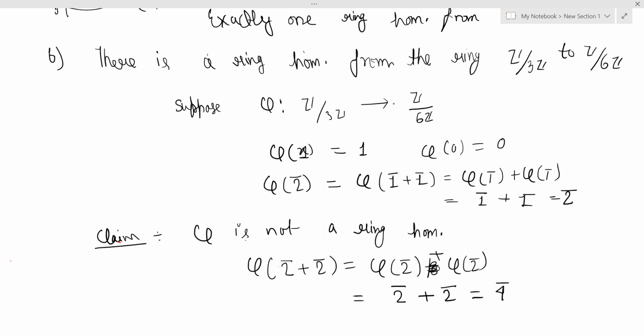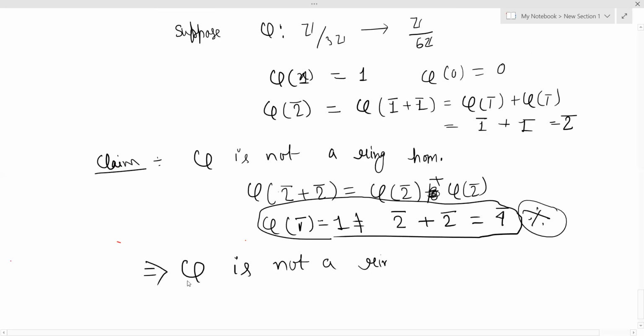And this is phi of 1 bar, so this is 1. But 1 does not equal 4. So it is not a ring homomorphism. This implies there does not exist any ring homomorphism